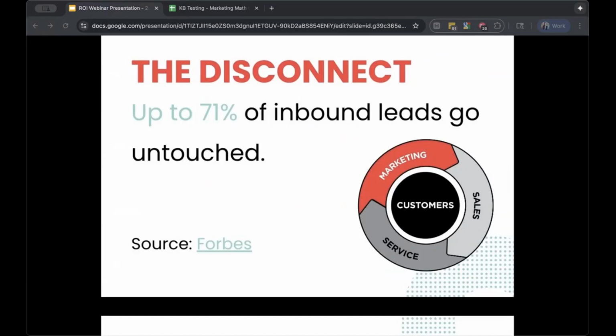So we decided to do the math on it. And we looked at their data and found that their referral close rate was 25%, much higher than what they were getting for those marketing generated leads, which were closing at 2%. So looking at the average customer lifetime value, which we broke down to be $120,000, each of those marketing leads was actually worth $2,400. So that's $2,400 that sales is leaving on the table. And I'll dig into how we got to those numbers.